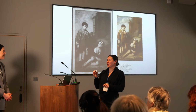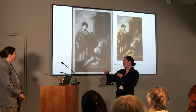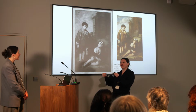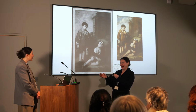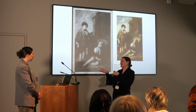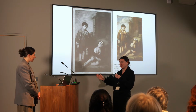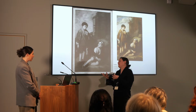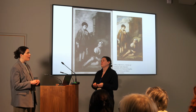I was actually just going to follow up. You mentioned how many of the Spanish paintings were lent, proportionally in comparison to the breadth of the collection. Is that weighting more Spanish paintings or fewer in comparison to Italian, Flemish, or the rest of the world? That's a very good question. So when the collection was bequeathed to Dulwich Picture Gallery, there were around